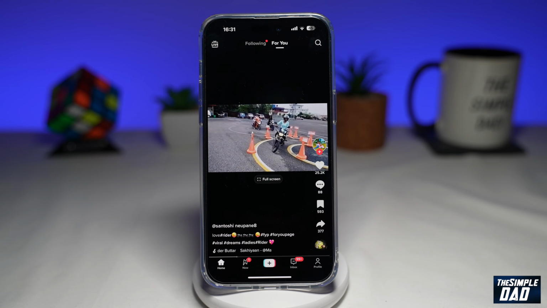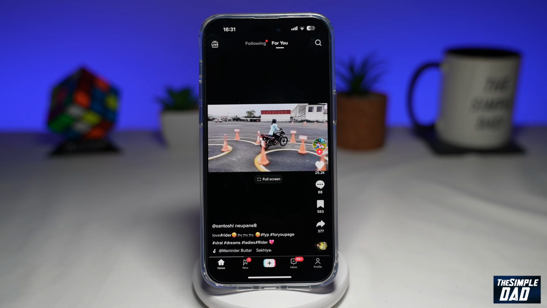So let me know what you think about this new feature where you can now put TikTok videos in landscape